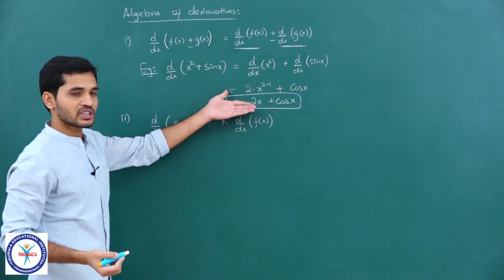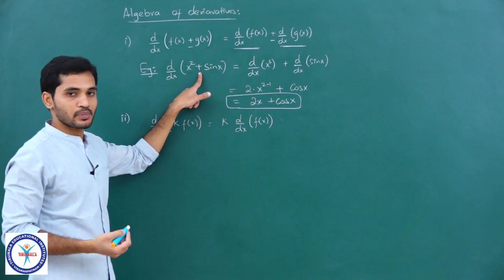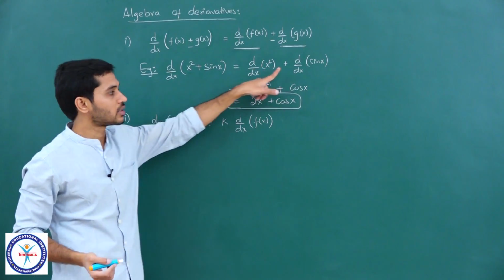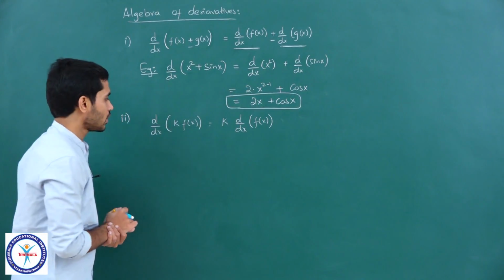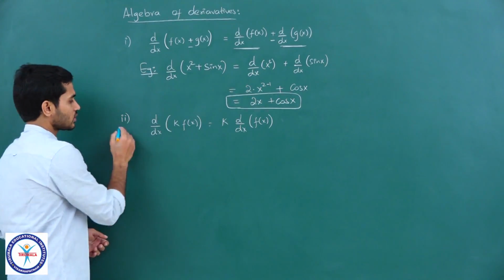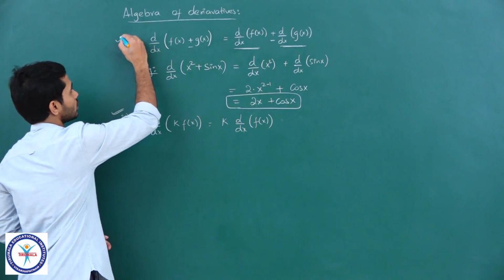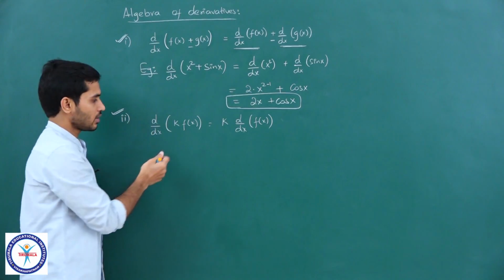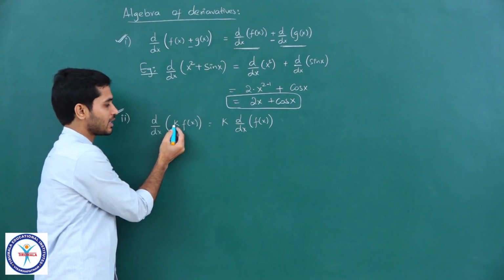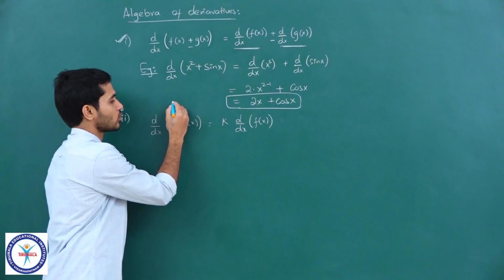The same thing would work even if it is a subtraction here, even if this is a minus sign here, you do the same thing, right. Okay. So, the next rule, so this is one rule. The next rule is that whenever you have a function which is multiplied by a constant, k here is a constant,